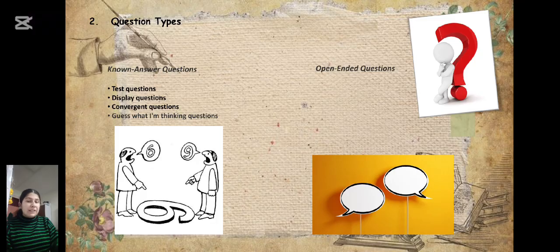Then in test questions there is one correct answer, and other ones are not meaningful. Then we have open-ended questions. So there is no right, there is no wrong, there is only your thoughts. So a teacher can ask, what do you think about the weather? So there is no right answer, such as, oh, it's good, it's sunny, because the teacher does not answer about it.